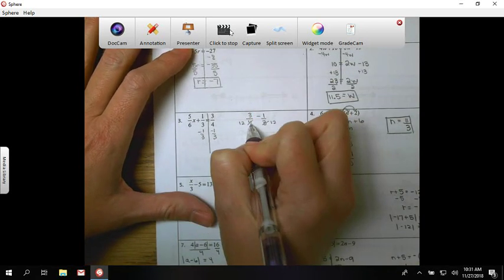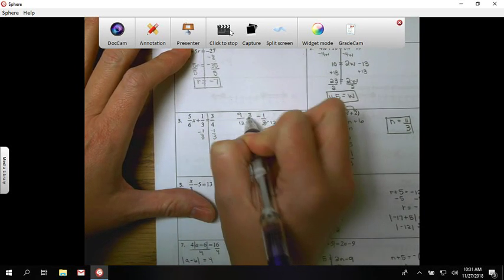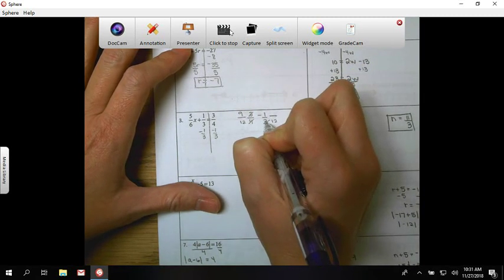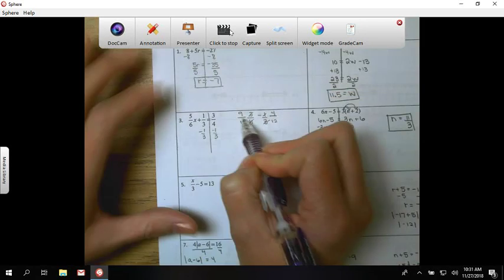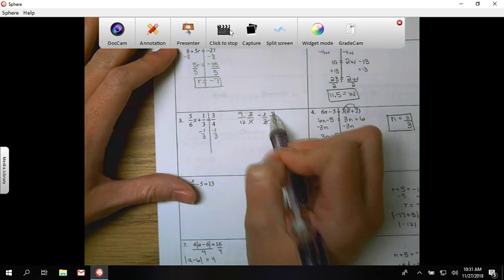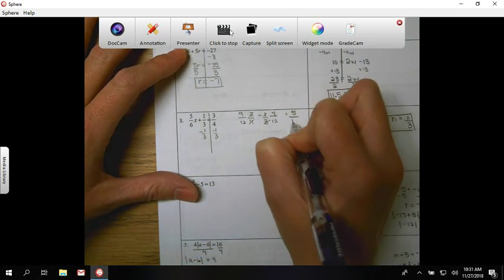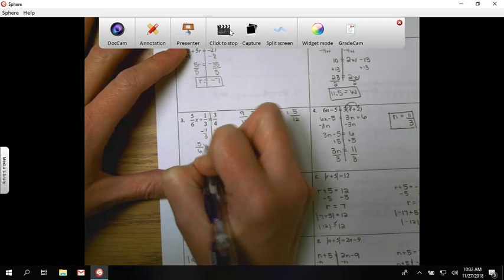So I would have to multiply the 4 by a 3 to get 12, which means I also have to multiply the 3 by 3 to get the 9. Over here, I'd also multiply 3 by 4 to get 12, so I multiply the top by 4. So I really get 9 twelfths minus 4 twelfths. So 9 minus 4 is 5, and then my denominator stays the same. So I have 5/6 equals